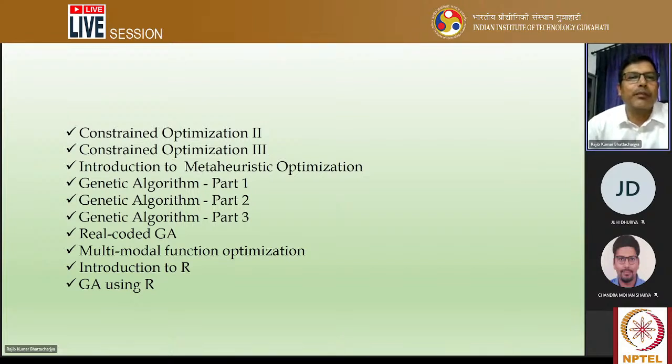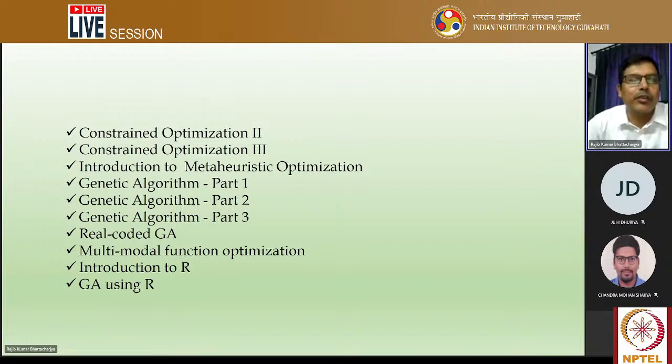And also we discussed the penalty parameter method, where a constrained optimization problem can be converted to an unconstrained optimization problem using the penalty approach. So that we have discussed. And then I introduced you to the meta-heuristic optimization methods. Here we said that there are several meta-heuristic optimization methods, and basically we also discussed